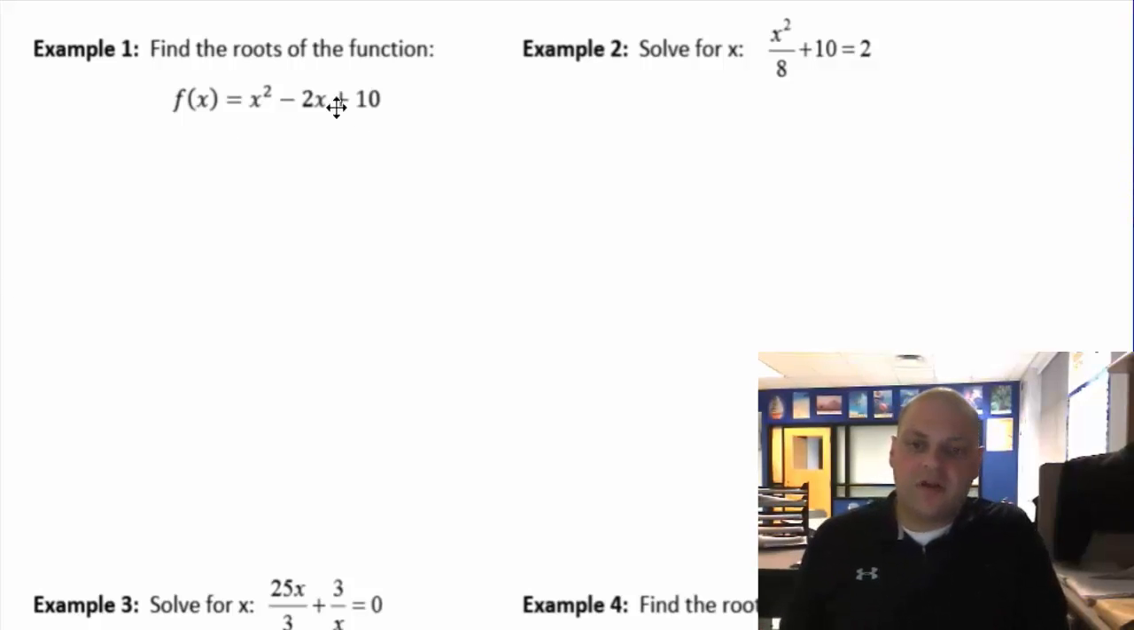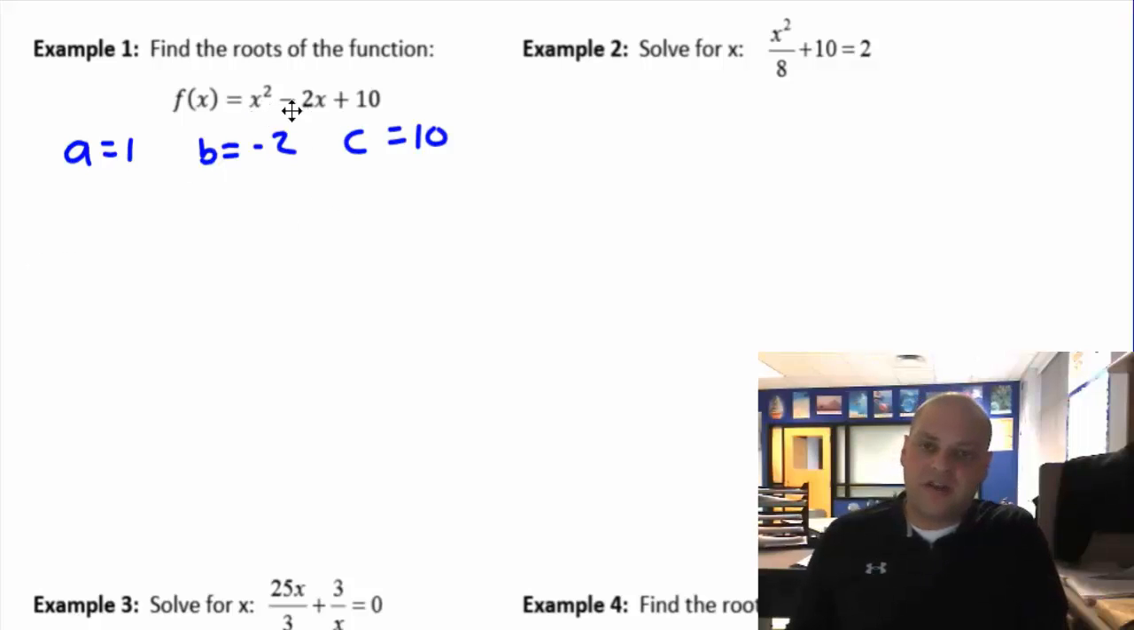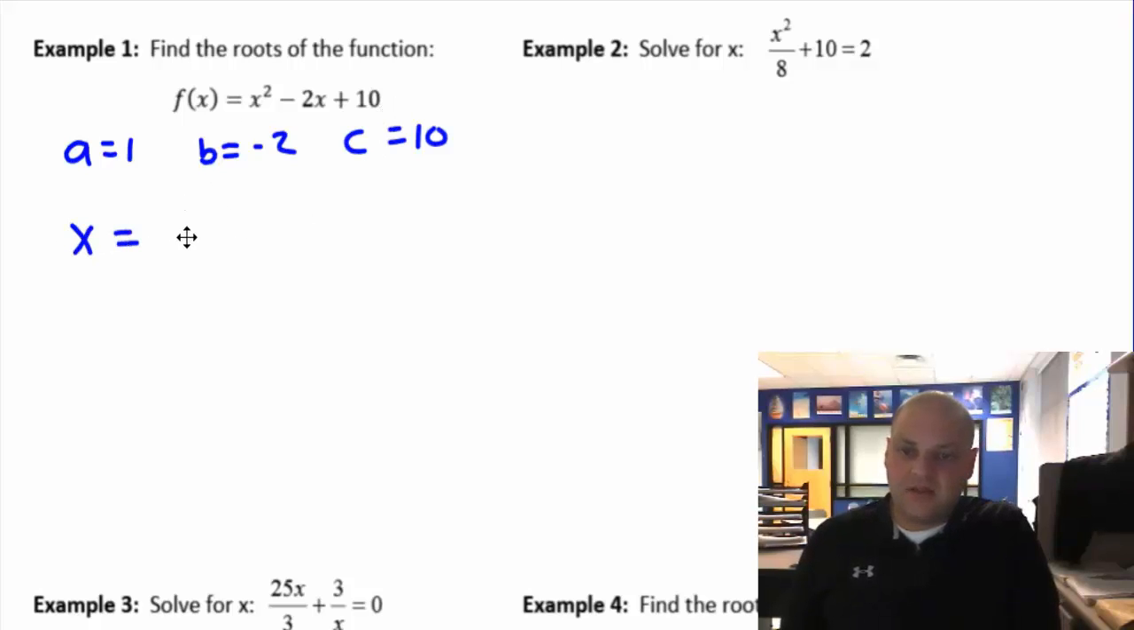All right, so we've got our A, B, and C. A is 1, B is -2, and C is 10. Now, I'm not going to list this out for every problem. You guys need to know that by now, right? A is the coefficient of x squared, B is the coefficient of x, and C is the constant. All right, so we have x equals -b, that's 2, plus minus,